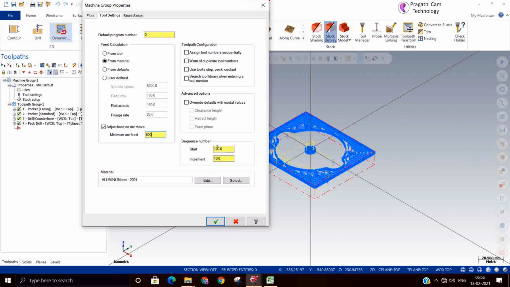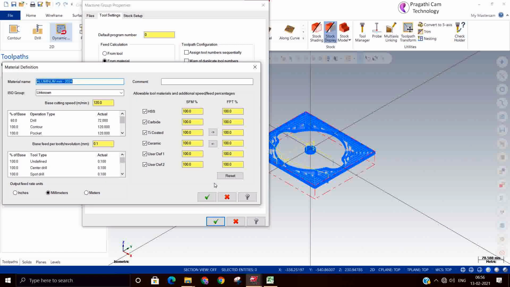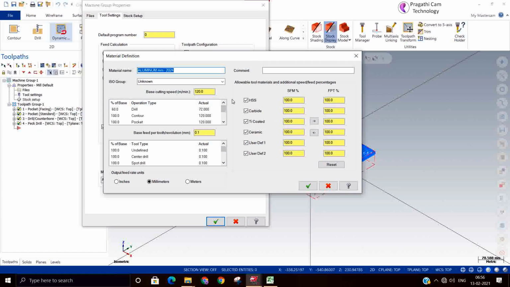So now here is the material library. If you click there, you can modify here what the standard material is, and for that what the cutting speed is and what the feed per tooth is.